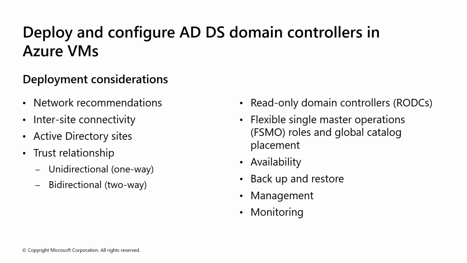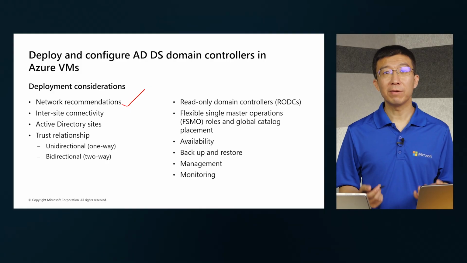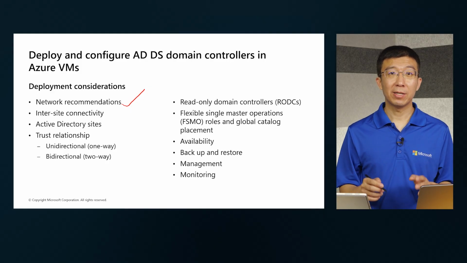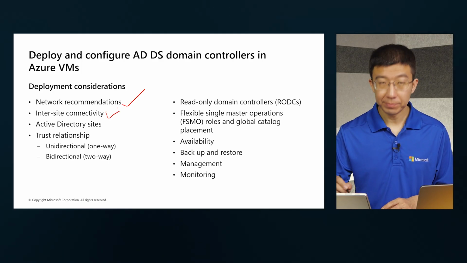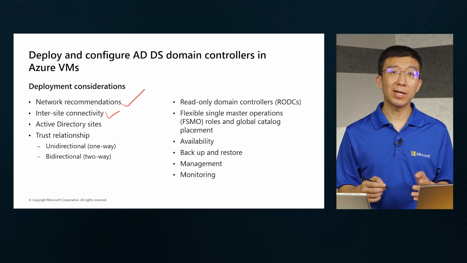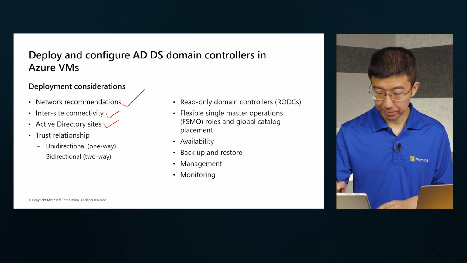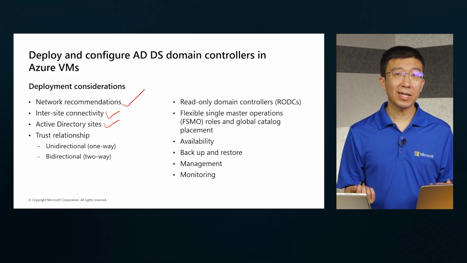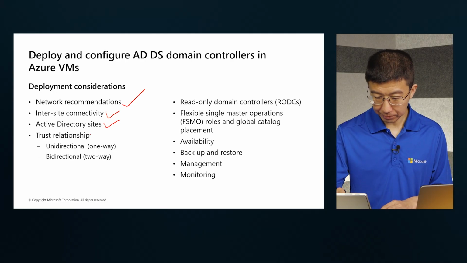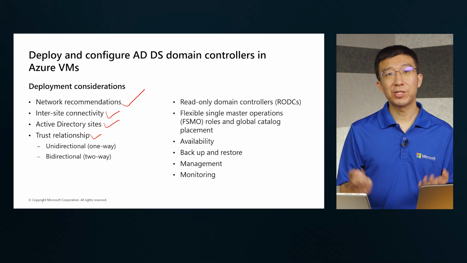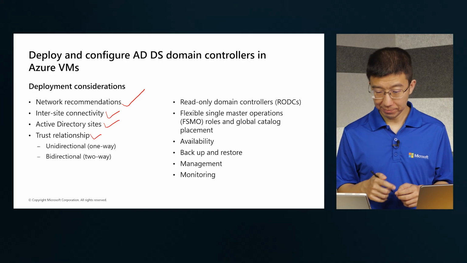Key deployment considerations include configuring VM network interfaces with static, private IPs for DNS support, ensuring inter-site connectivity between on-prem and Azure, setting up Active Directory sites to control replication traffic, establishing trust relationships, which can be one-way or two-way,